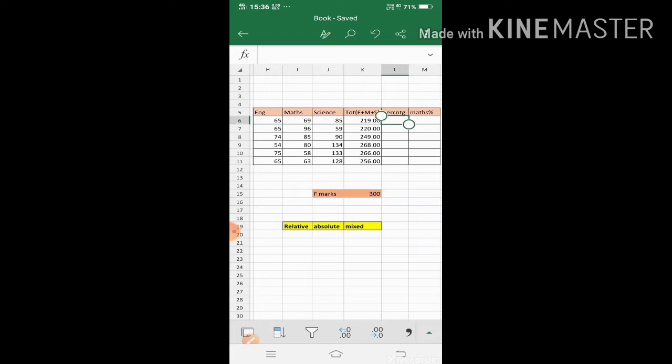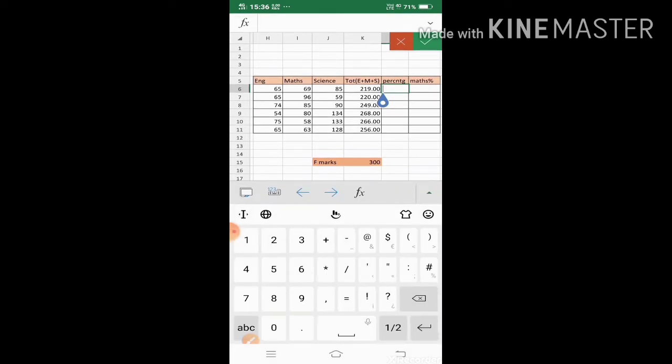So I have to give here equal, then our total marks 219, divided by 300, because 300 is the full marks and 219 is the total marks of that student.